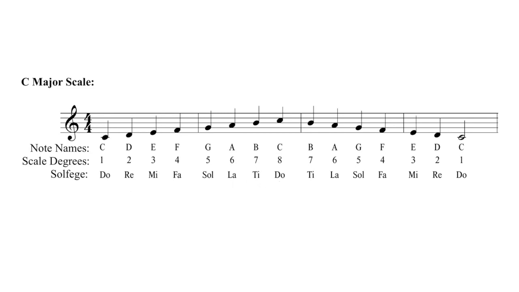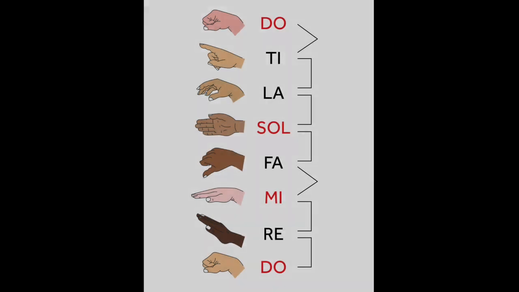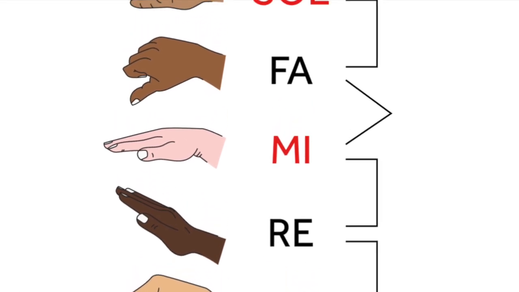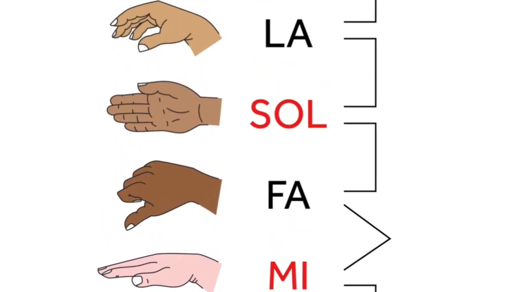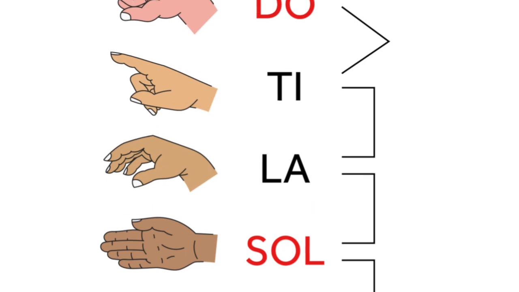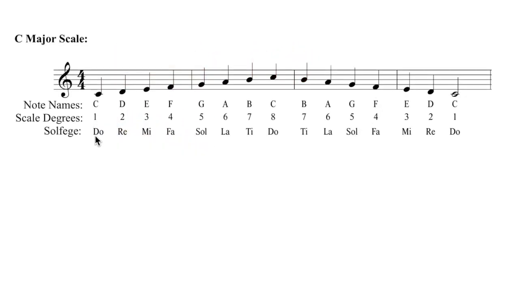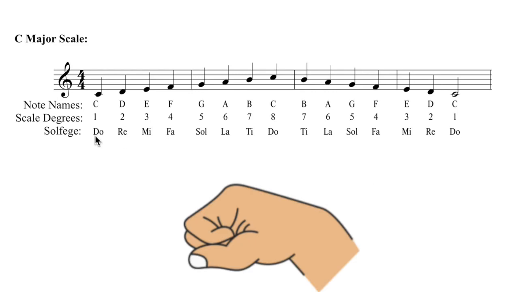You may have noticed the Kodaly hand signals, and here they are for you. Do, re, mi, fa, sol, la, ti, do. We can sing those as well while we use the hand signals. So let's try that right now. Do, re,